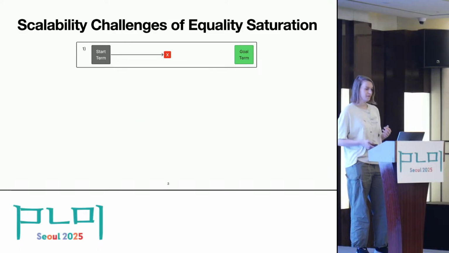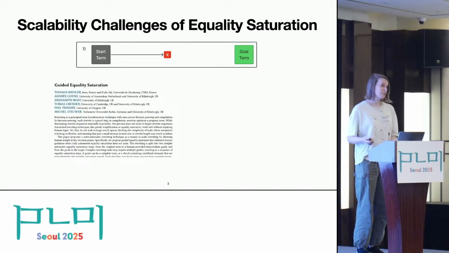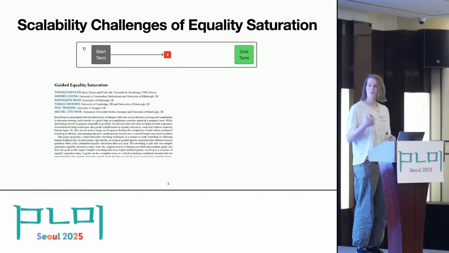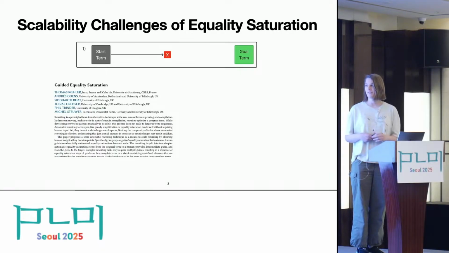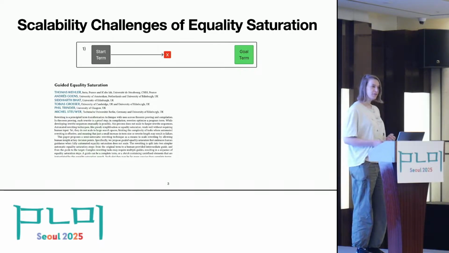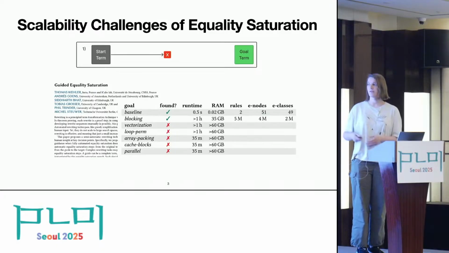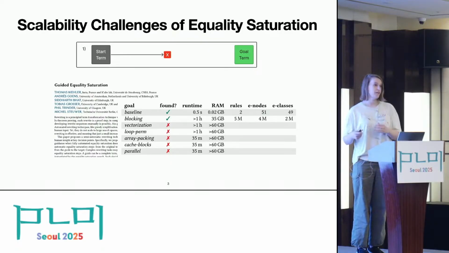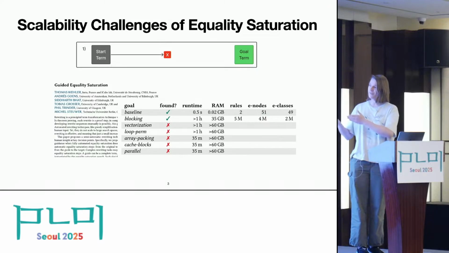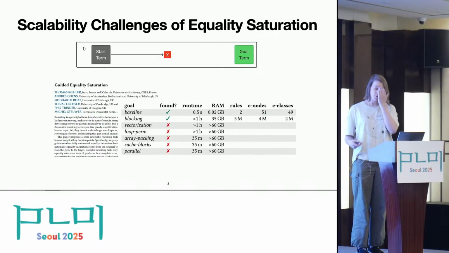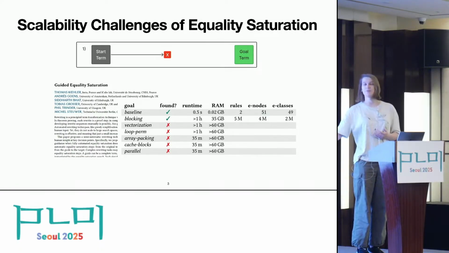And this challenge has been recognized by this guided equality iteration paper, which was just mentioned by Thomas Koehler et al. What I found in their research was that for relatively simple goals, like tiling a loop or matrix multiplication, even very simple operations take very, very long, consume a lot of RAM, and as you can see here, can generate a lot of data. That also relates to most of these being unsolvable on relatively beefy machines in a